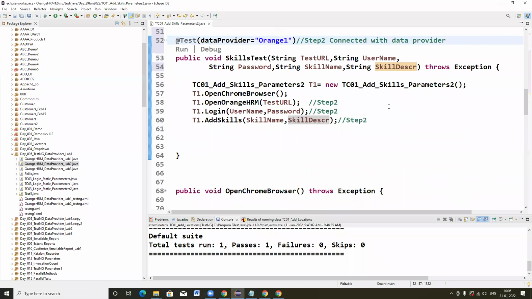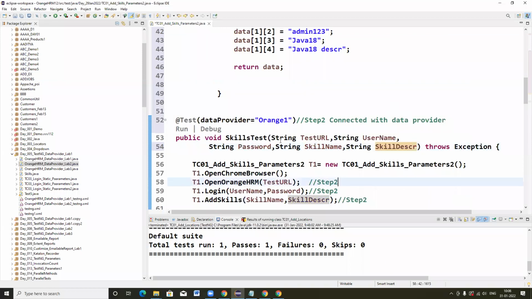So that's it for your test. I mentioned all global variables at the method level. So this is step 3. You have to specify all your global variables at method level.